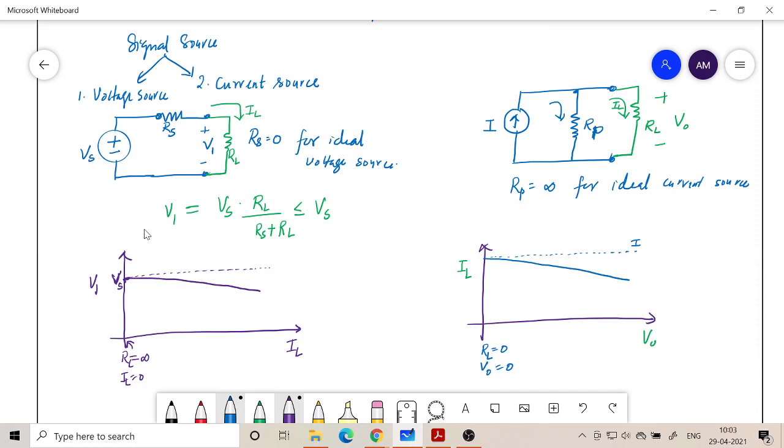So any such application you can use a current source, and a voltage source you can use wherever you want to have a fixed voltage. Mostly we use voltage source, like batteries are examples of voltage source. Where we need a fixed potential difference between 2 points, irrespective of the current that is drawn from the battery, we want to maintain a constant voltage difference irrespective of the load that you put in. So that's what I have put here.